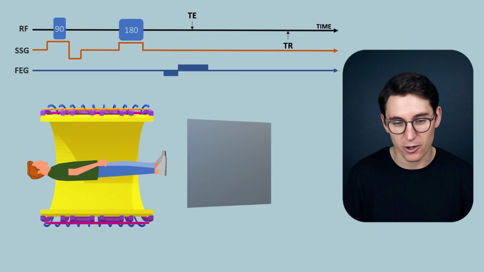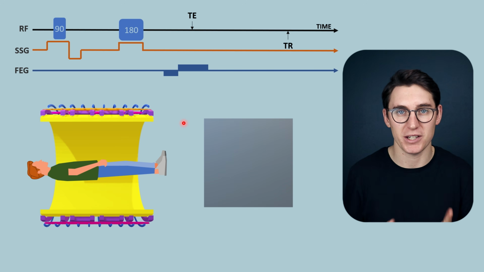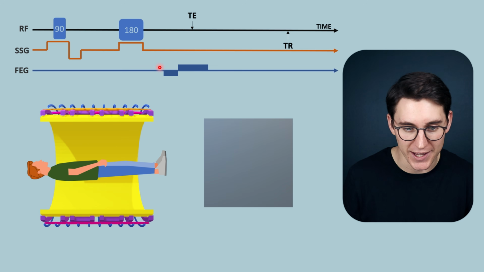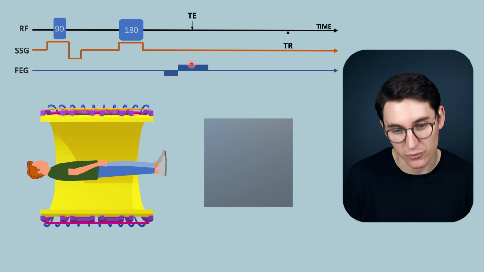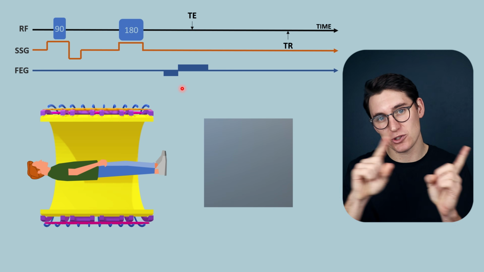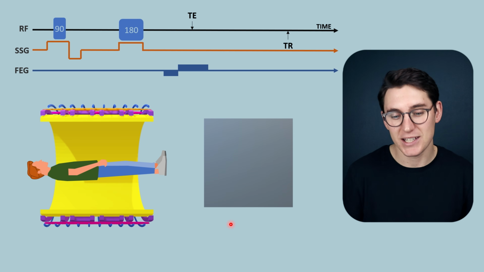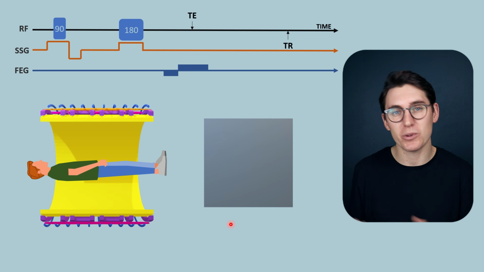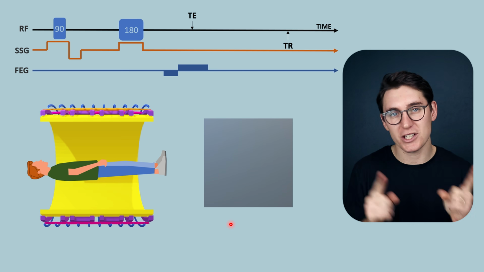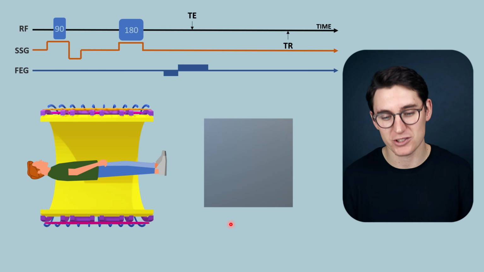In that slice now, before we apply our frequency encoding gradient, all of those spins are spinning in phase. We then apply a reverse frequency encoding gradient before applying our frequency encoding gradient to allow those spins to dephase based on their x-axis location. The dephasing happens because the frequency changes. Remember, the frequency of those spins is dependent on the gyromagnetic ratio as well as the magnetic field strength,